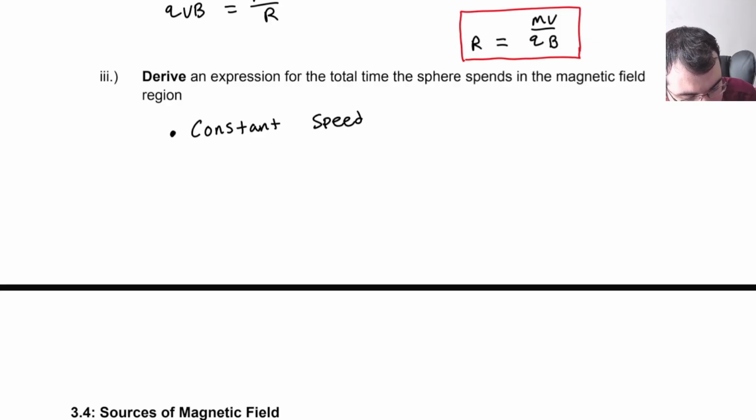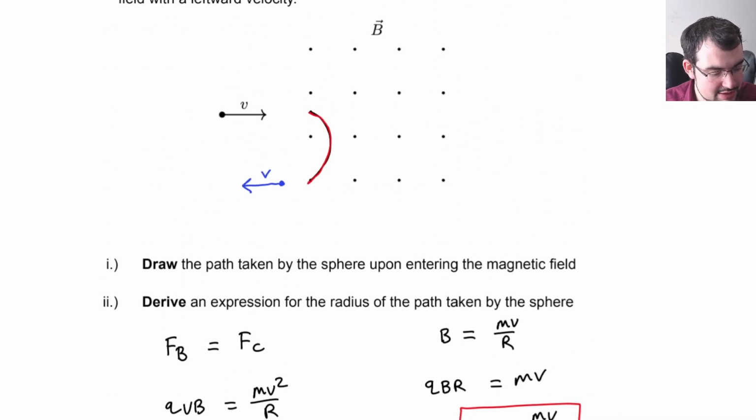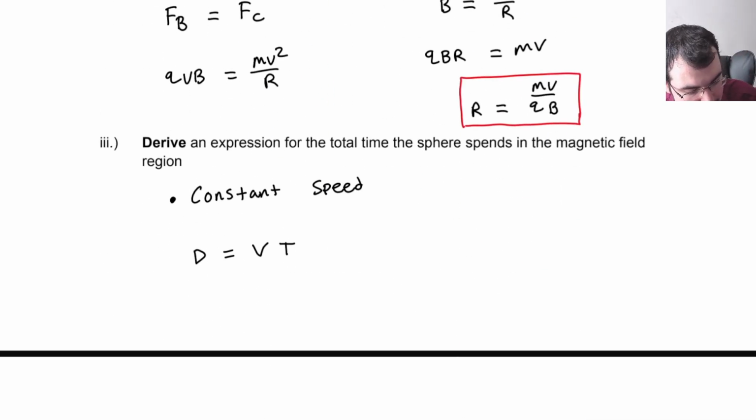I say this is middle school physics because it's the most basic equation you have, where the distance traveled is equal to your speed times the time spent. So we're interested in time. The speed v was given to us. So all we need is that distance traveled and we can solve it. So what is that distance traveled? Well, we know that the distance